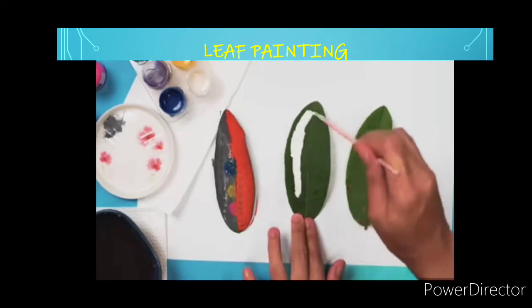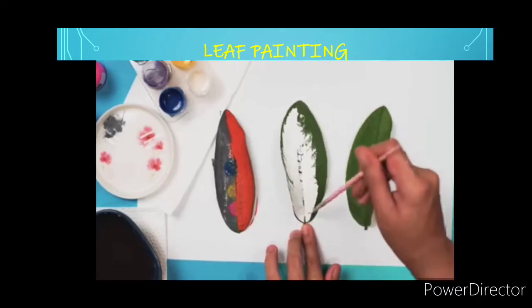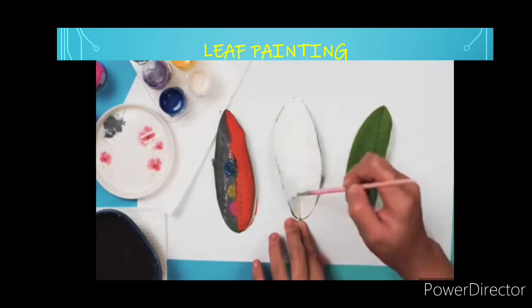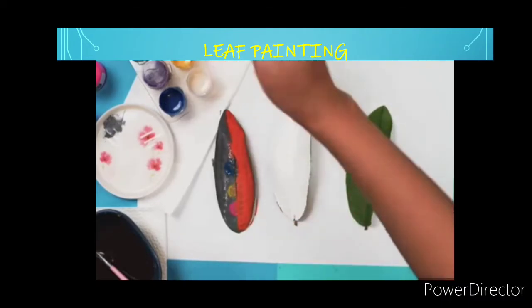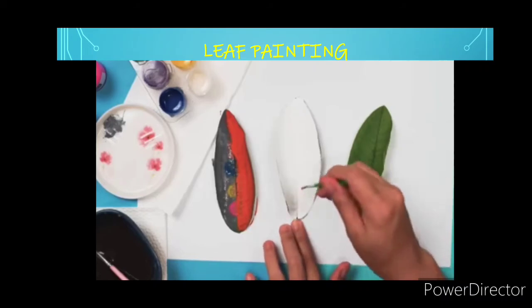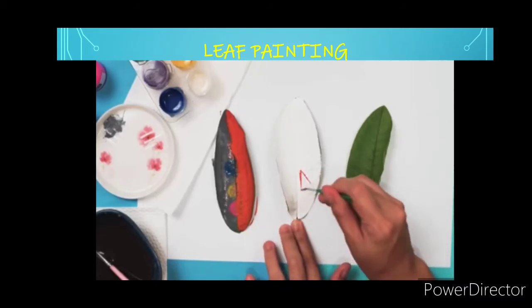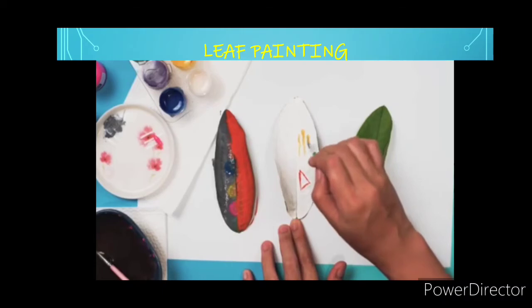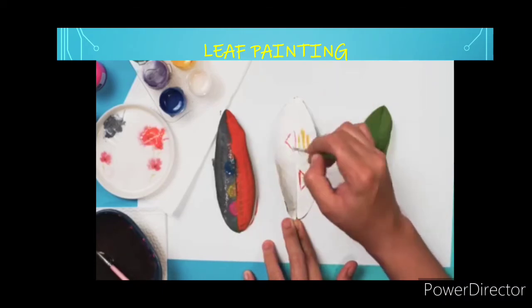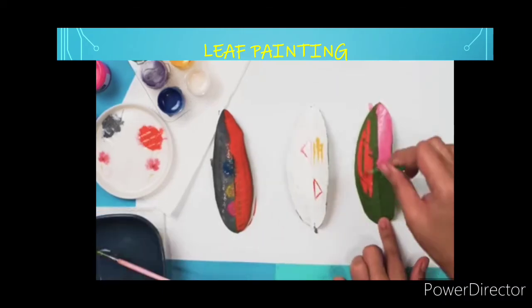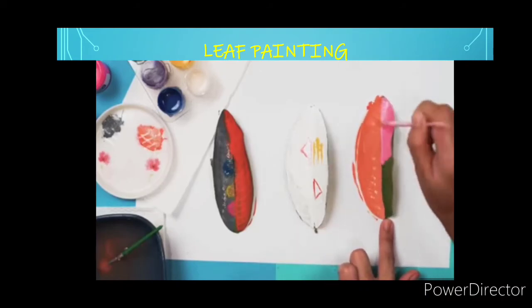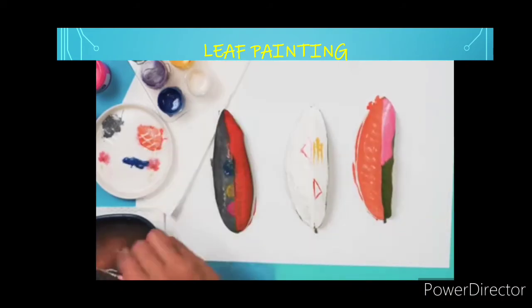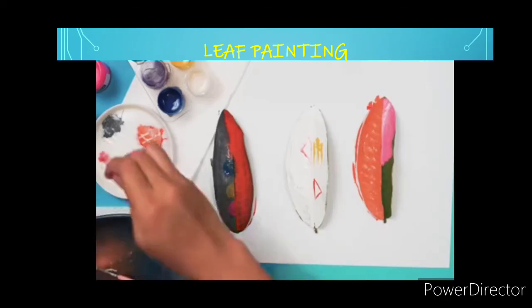Do some base colors and put several symbols on the leaf. Whatever is shown in the video, you can also try differently. You can put several symbols, signs and designing patterns on the leaf to make it unique. It is a type of abstract painting on leaves. You can try some different things also.